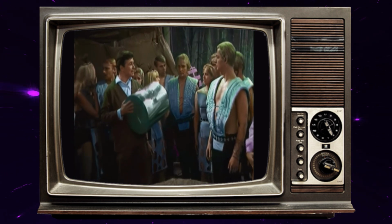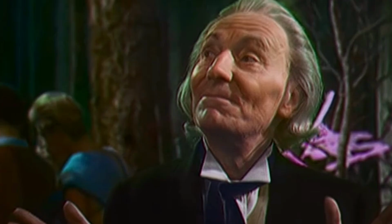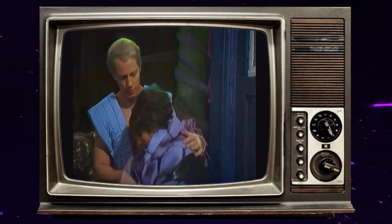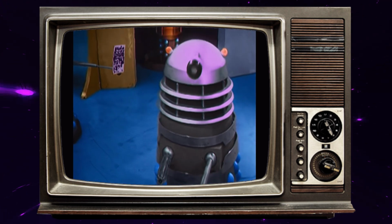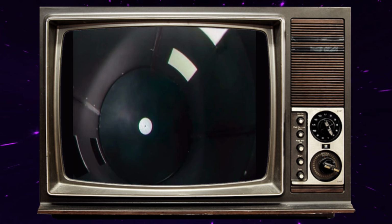And almost every single little thing now has been given further sound effects overlaid on top, to the point where I found it almost comical with the amount of sound effects that they've tried to add on to things. I found myself, with a lot of instances throughout this new edition, that the overall tone of the Daleks had been completely changed, to the point where you have scenes where that original tension and suspense has been sucked away,